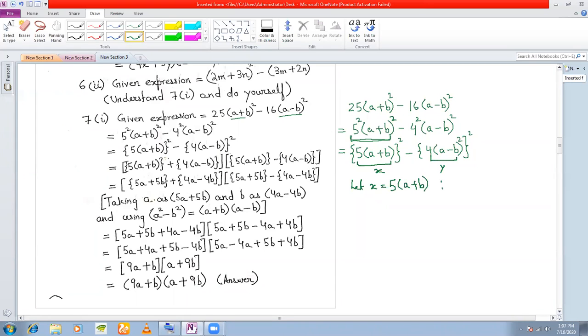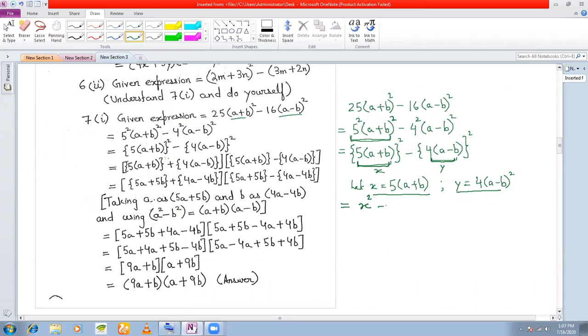In that last step, 4a minus b, there will be no square. Okay, so you have given two squares. Mistakes happen in life, no problem. Okay, so now you have this as your x and this as your y. We have taken x as 5a plus b, y as 4a minus b.